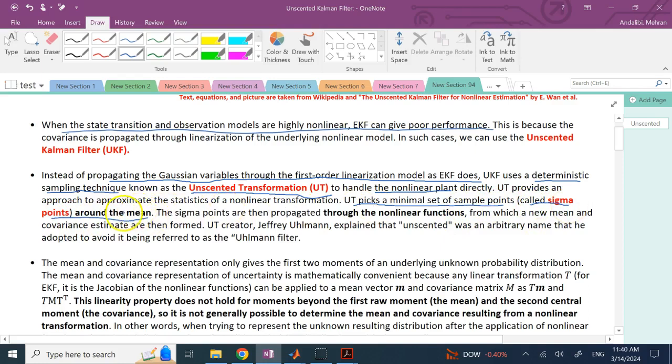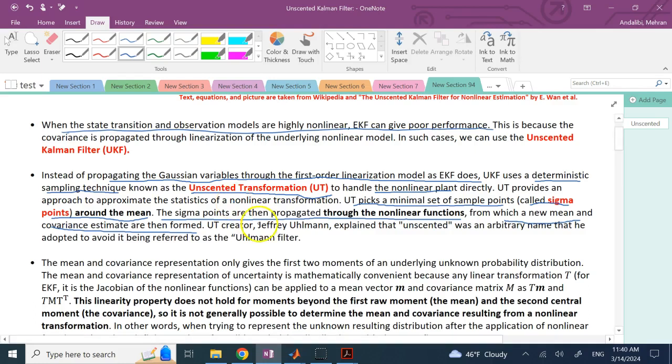Then it passes those sigma points through those nonlinear functions f and g, which could be arbitrarily highly nonlinear. And then it gets these new transformed data from which it can find a new mean and a new covariance. So it does not apply a simple linear transformation on the mean and on the covariance matrix. Rather, it calculates those